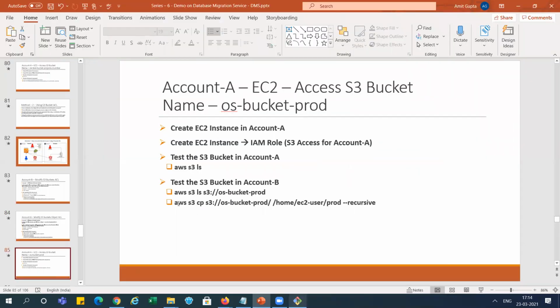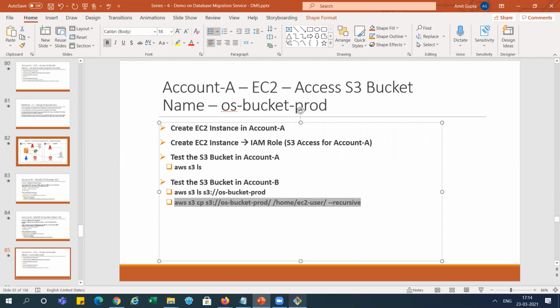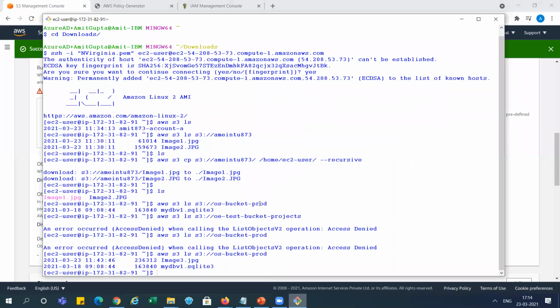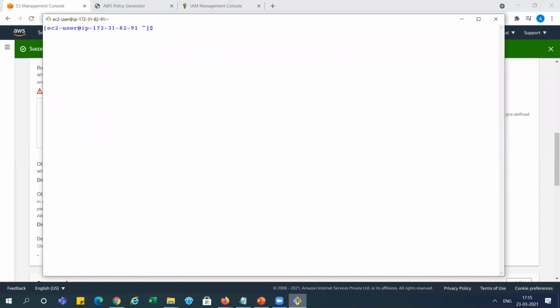So just go and try to download it. I'm removing its prompt itself from here. I'm clearing it so it will look better, right? You can see ls. We have two files right now. I am doing again, taking from this side, the cp command.